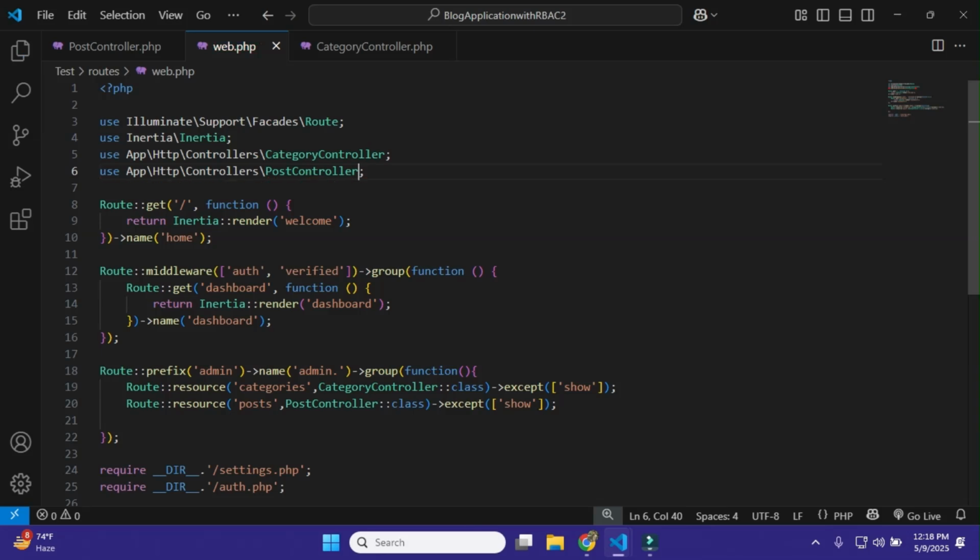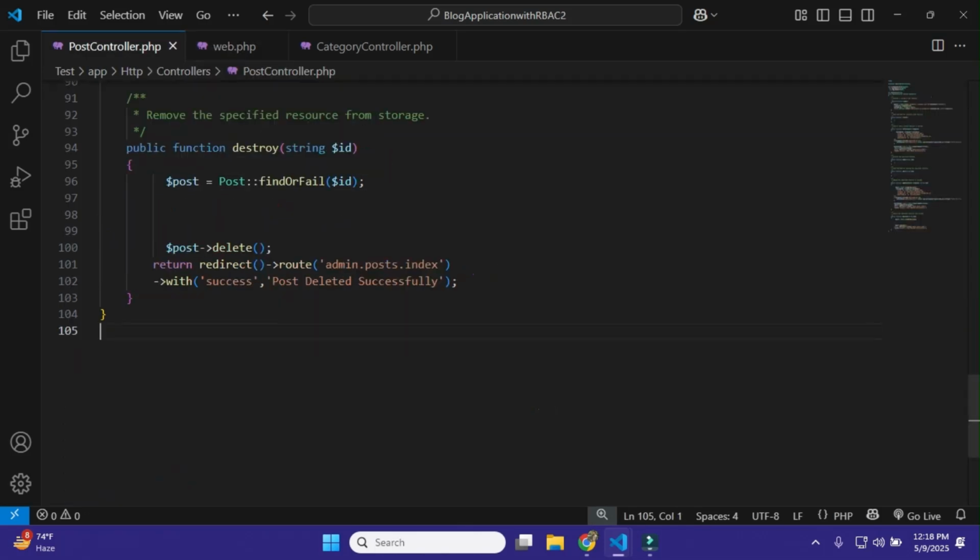Okay, and here also the same way post, and then except show. Okay, so that's it. We just do this, and now I'll come back to post, and here